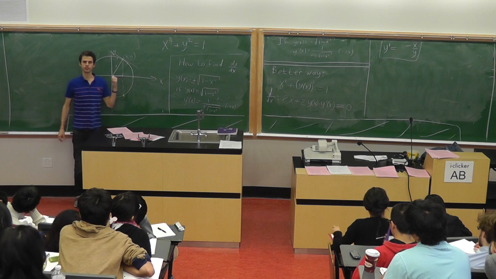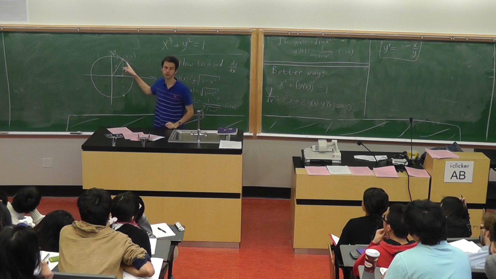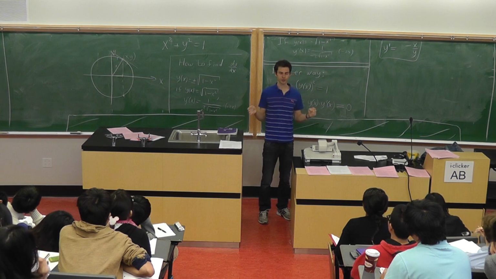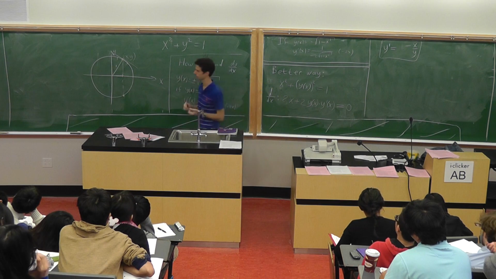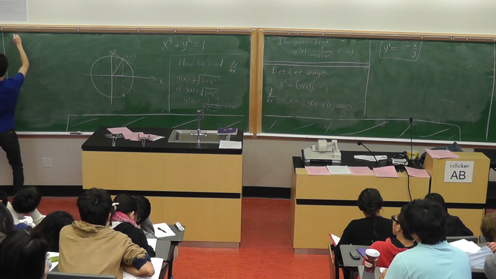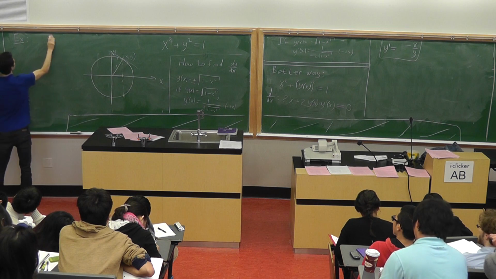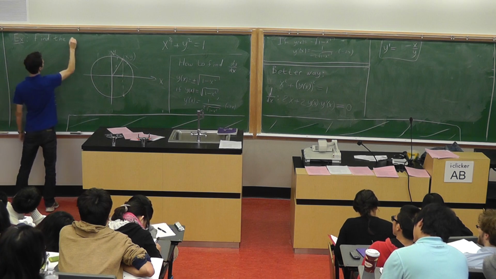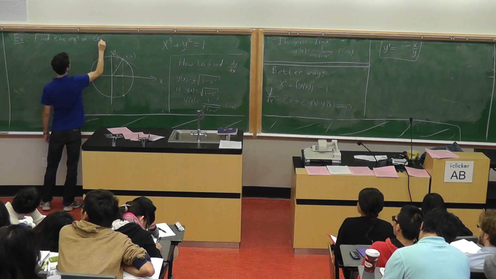So in this case, it was pretty easy to understand what the actual curve looks like. If you are talking about the dependence x squared plus y squared is equal to 1, it is a circle. But now, let's solve such a question. Exercise, find the equation of the tangent line